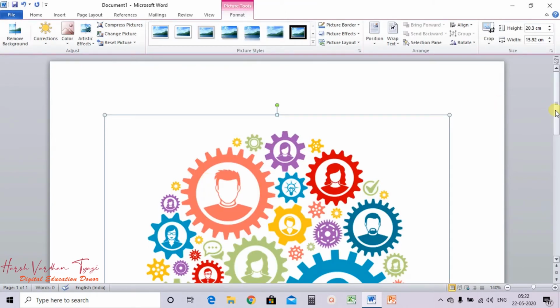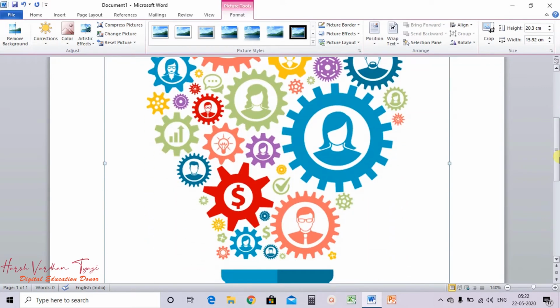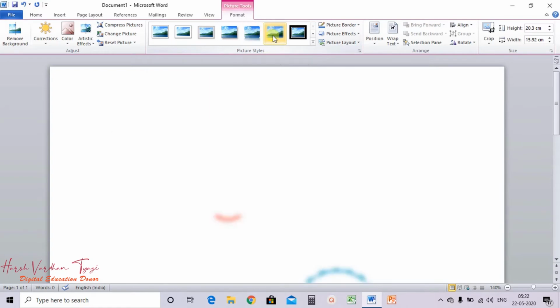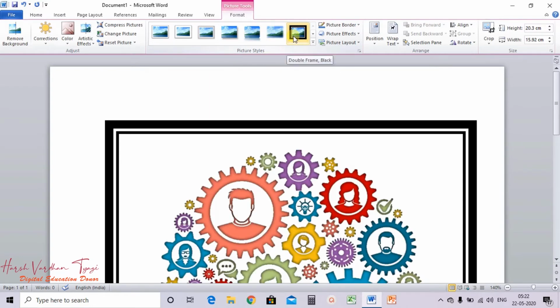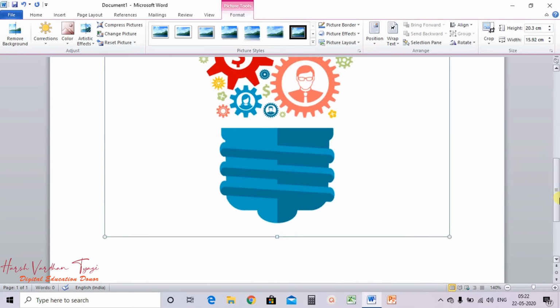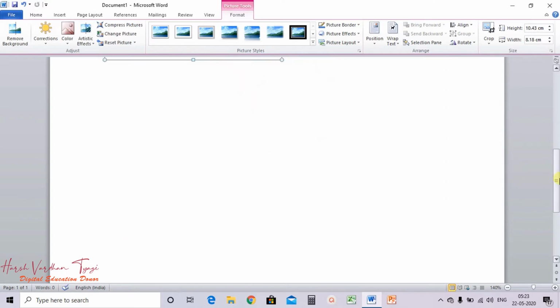See, when you insert an image, you will get a format toolbar from where you can format the image. Now first, how to reduce the size? To reduce the size of the image, you just bring your cursor on this corner and then drag it to reduce the size.